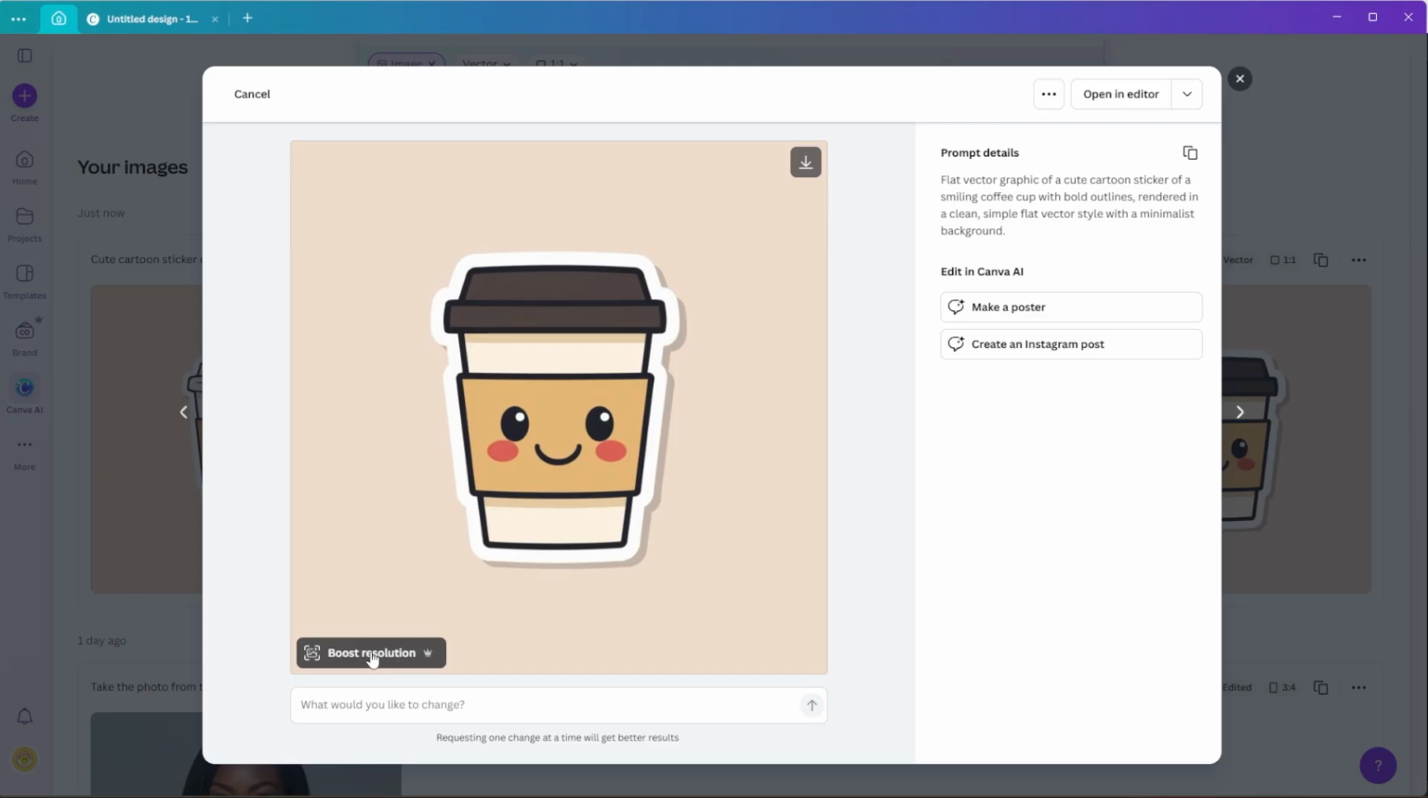If your sticker looks slightly low quality, click Boost Resolution to improve clarity. And if it's not what you wanted, you can either tweak your prompt or ask the AI to adjust the style, colors, or expressions, then generate again. And once you're happy with the final sticker, click on the image that you like and select Download to save